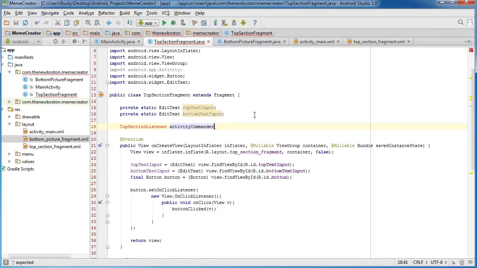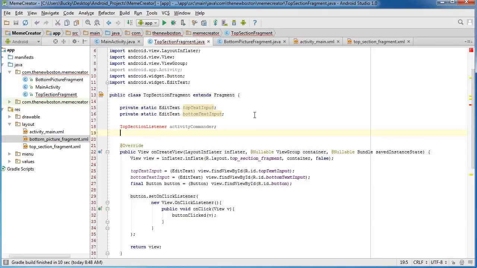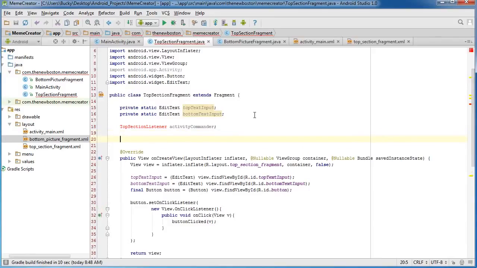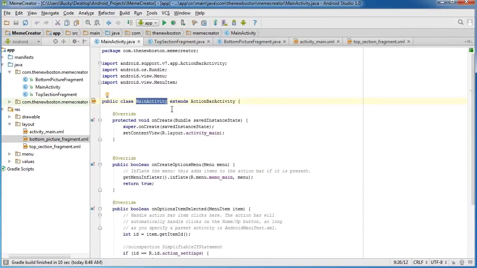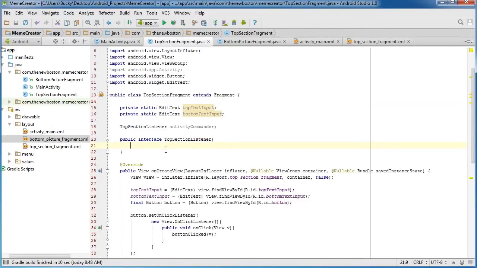Activity commander is the name of the interface object. And of course, since we said we're going to create an interface named top section listener, let's go ahead and do that right now. So public interface top section listener, and of course what we need to do is say, okay, this interface that's going to be implemented by main activity, you're going to implement it to ensure that you have some function, or excuse me,